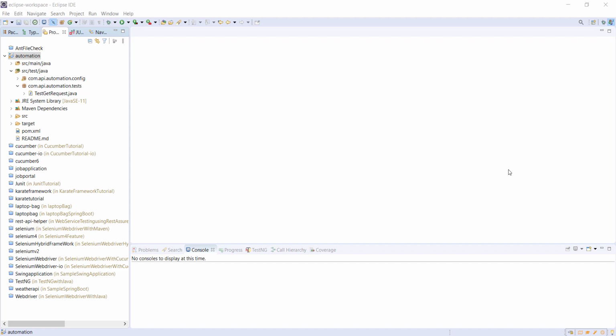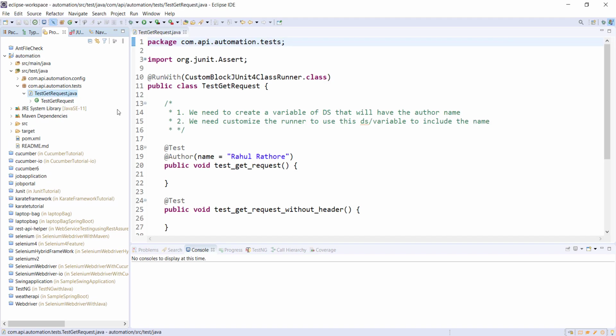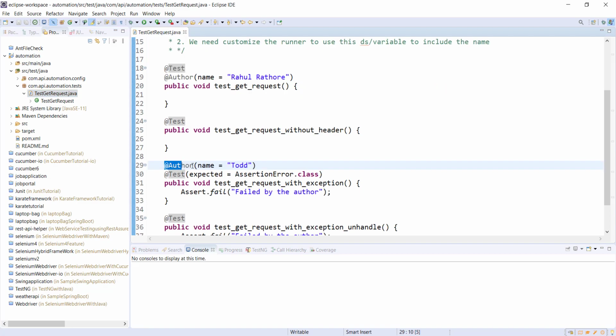In the JUnit 5 framework, there are annotations available using which you can achieve the same. So let me give you an example of it. Here I have created a simple Maven project. This Maven project is using Java Development Kit 11 as well as the JUnit 4 framework. And this is the simple JUnit test class which I have written. So this is how we are going to specify the name of the author who has written the particular test.